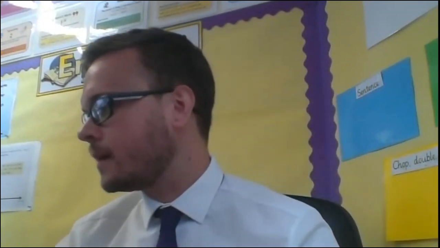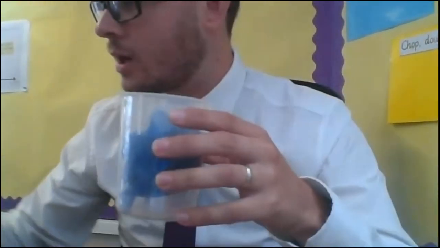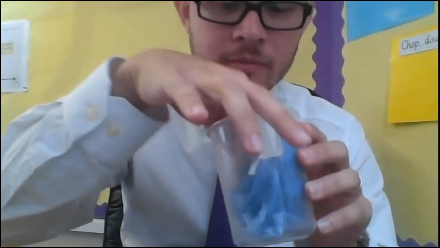And what I'm going to do is take the paper towel and just wet the paper towel so it's damp. Oh, get that all over my lap. So I've got the wet paper towel and that going inside there. And then I'm going to take my seed or bean. Now I've actually got a runner bean there. It's not going to run away. It's fine. I'm going to just pop it